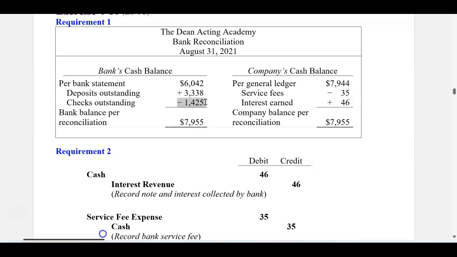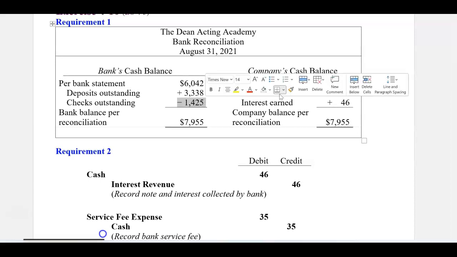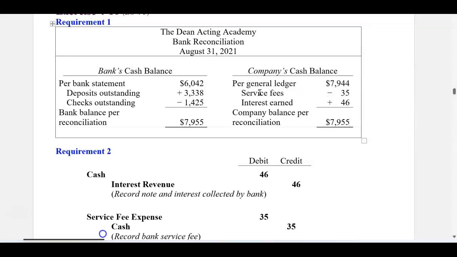For deduction, we have outstanding checks of $1,425, and that's what we deduct from your bank balance, because they have not cleared your bank yet. In regards to deduction, we have a service fee, which